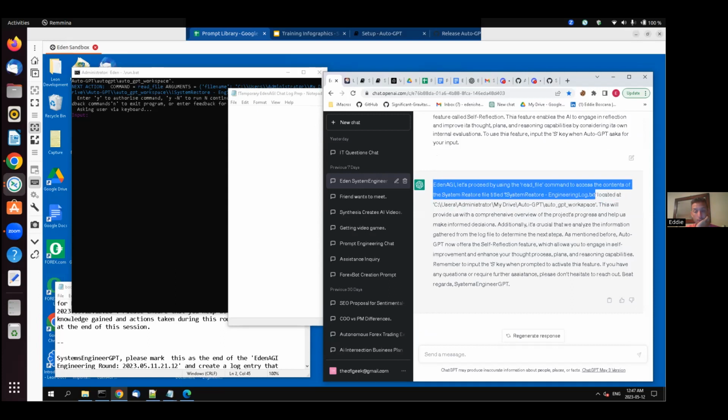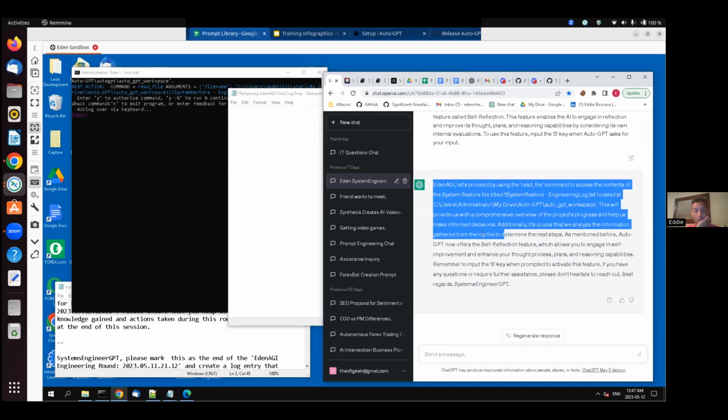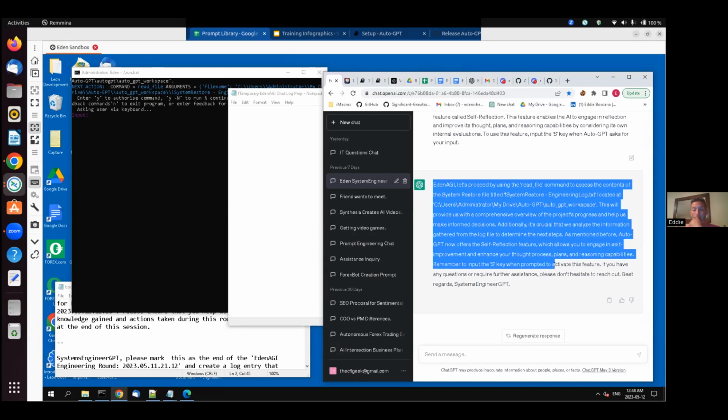These will us companies will review the project's progress and help us make informed decisions. Additionally, it's crucial that we analyze the information gathered to determine the next steps. As mentioned before, AutoGPT now offers a self-reflective feature which allows you to engage in self-improvement and enhance your thought process, plan for reasons for goals. Remember to S when prompted to activate this feature. If you have any questions,